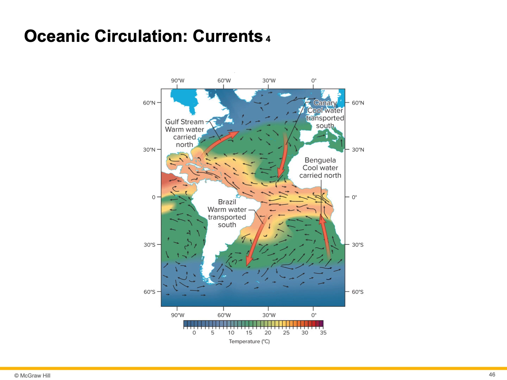Ocean circulation, currents. The Atlantic Ocean currents and sea surface temperatures averaged for April through June. The Gulf Stream and the Brazil currents represent bands of warm currents. These are yellow and light green colors. They are along the Atlantic coastline of North and South America. The Canary and the Benguela currents are broader regions of cooler water, which are the dark green, that move south and north along the coasts of northern and southern Africa, respectively.